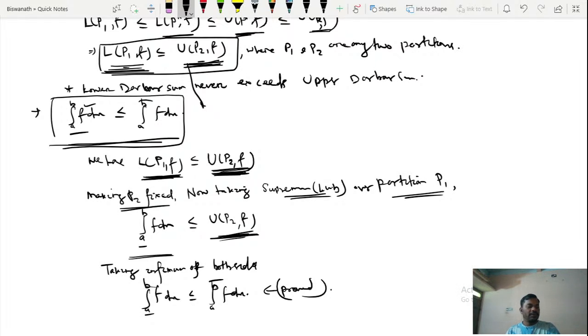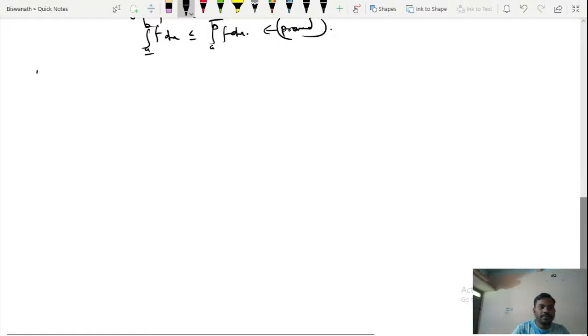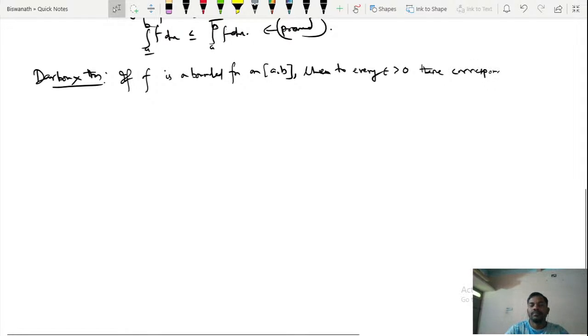So now I'll go to the Darboux theorem. So what is your Darboux theorem? If f is a bounded function on closed [a, b], then to every epsilon greater than 0, there corresponds a delta greater than 0 such that